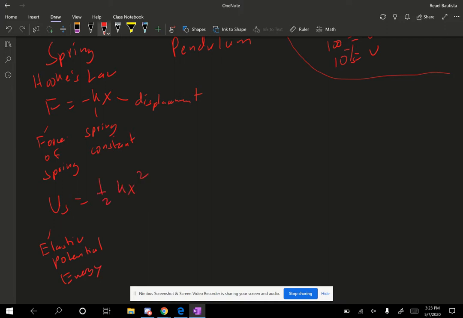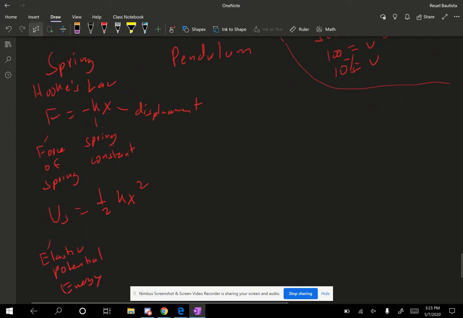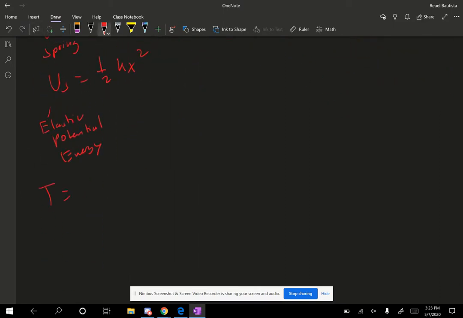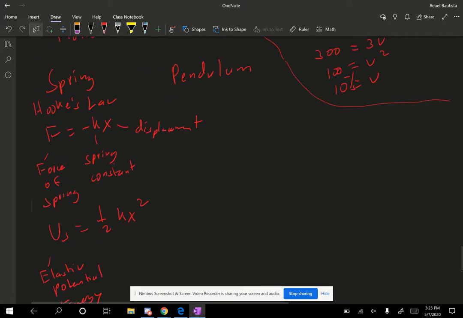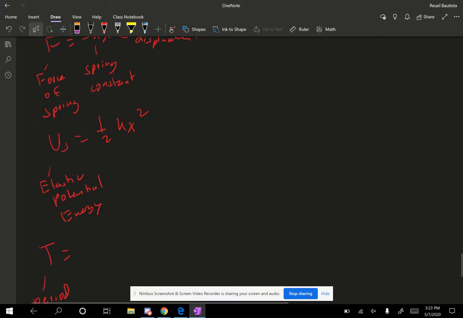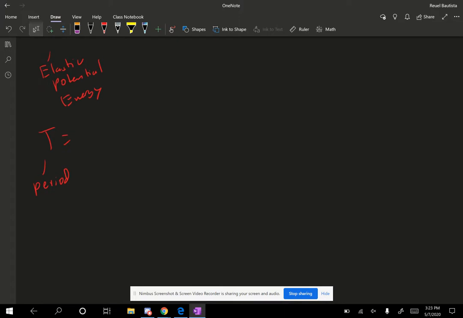Okay, important things about springs. Oh, sorry, let's continue with springs. Another important equation for springs is the idea of the period of oscillation. So remember what happens with springs: it goes right, left, right, left, and it's going to keep going in that motion forever and ever. So we're going to have the concept of oscillation, and we're going to have to figure out the period, meaning the time it takes for it to complete one cycle. Again, that time is going to be found using this equation: